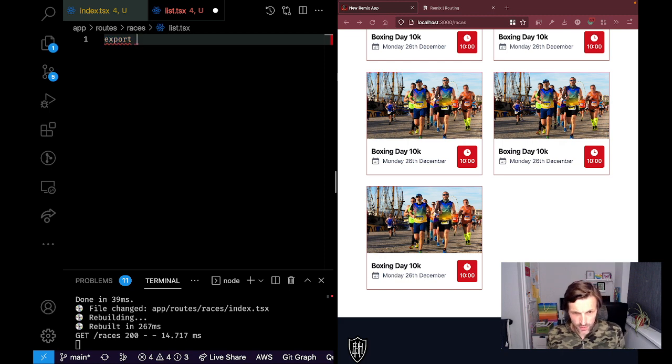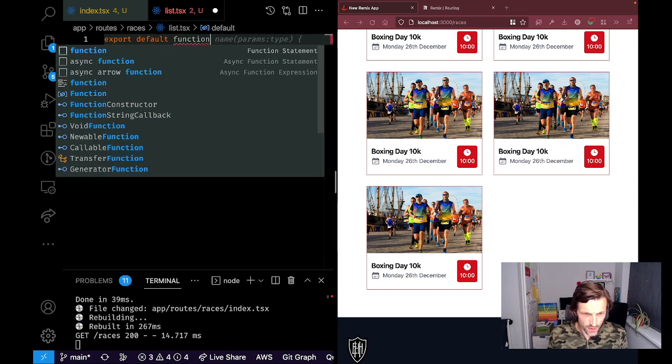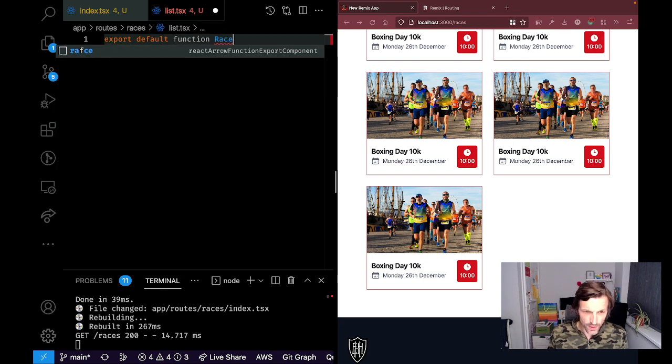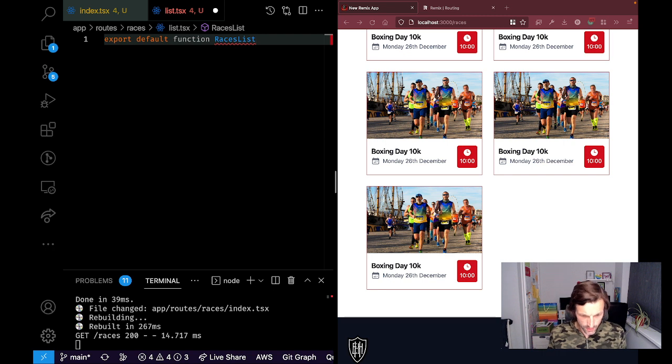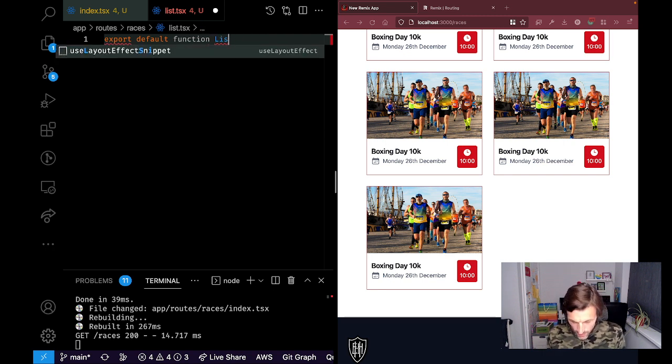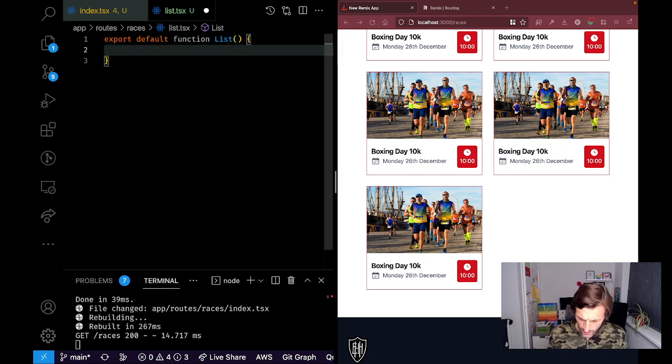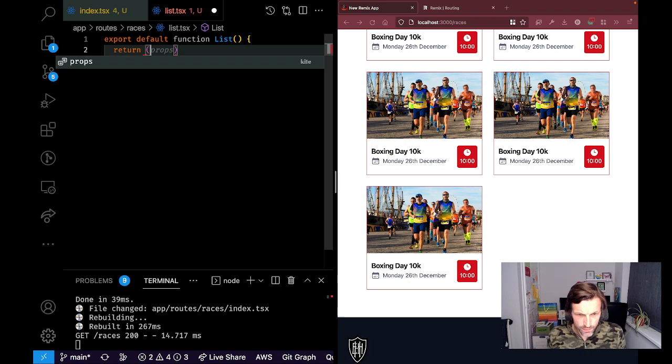And I'll do export default function races list. Actually, I just call it list since we're inside races anyway. And then return this,